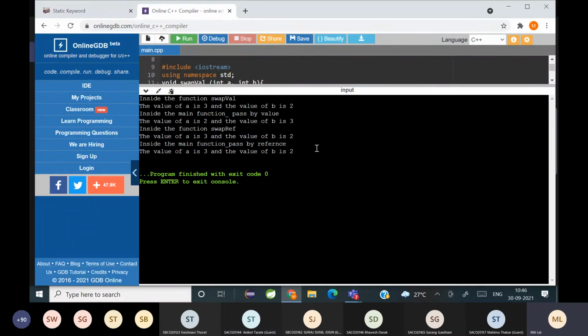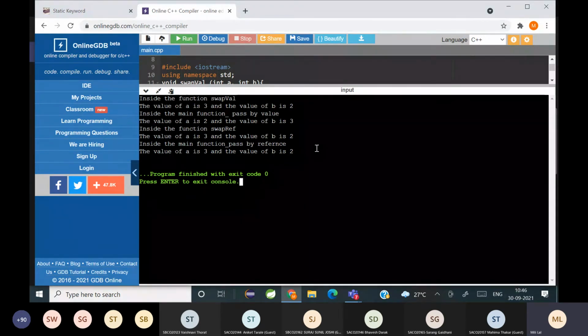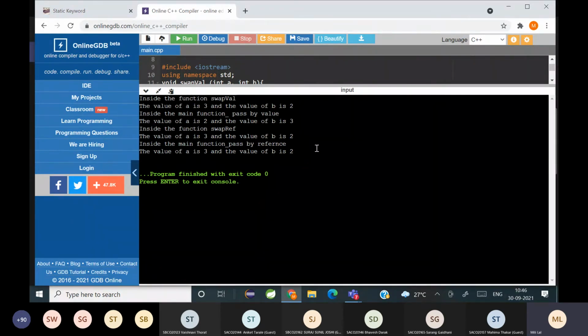Yes, ma'am. तो उसका मतलब क्या है, when you pass the address, you are not passing the copy, instead you are passing the address, तो जो भी changes वहाँ पे होगा वो सब जगह reflect होगा. But when you are passing by value, you are just passing a copy of it. So whatever changes happen, it is happening inside the function, but it is not reflected in the main.